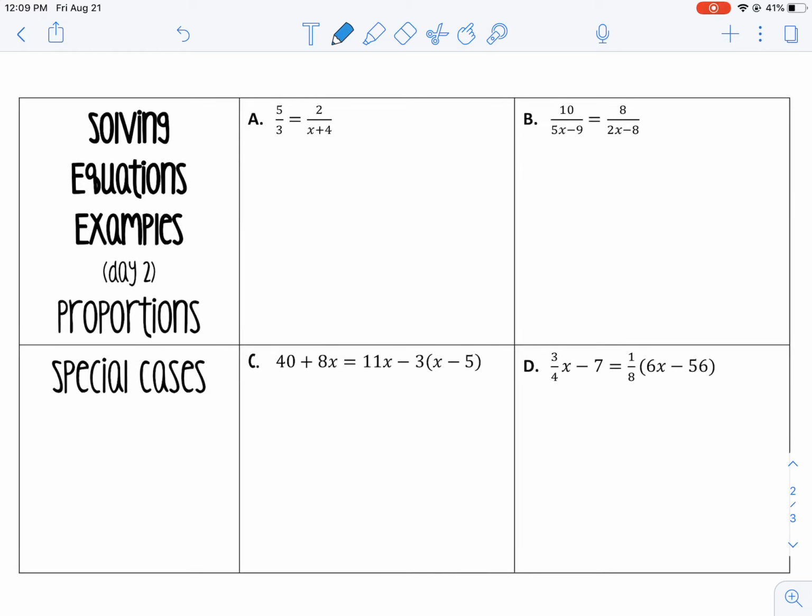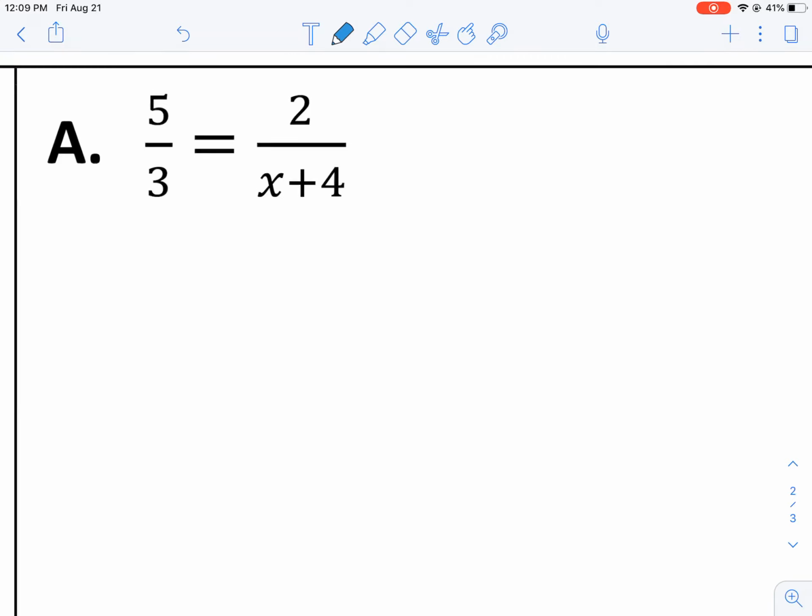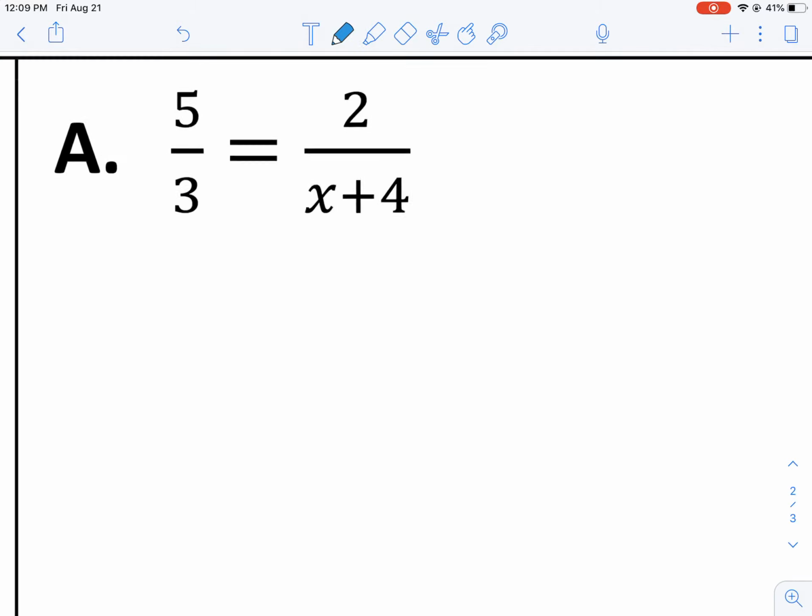So proportions. The reason we made this its own day is because, just like we talked about yesterday, we know that everyone hates fractions, right? And this time we've got 2 fractions. And what do we do here? So when it comes to solving proportions, just like we talked about before, when you have a fraction, you want to get rid of what is on the bottom, right? And the way that you get rid of what's on the bottom is to multiply by